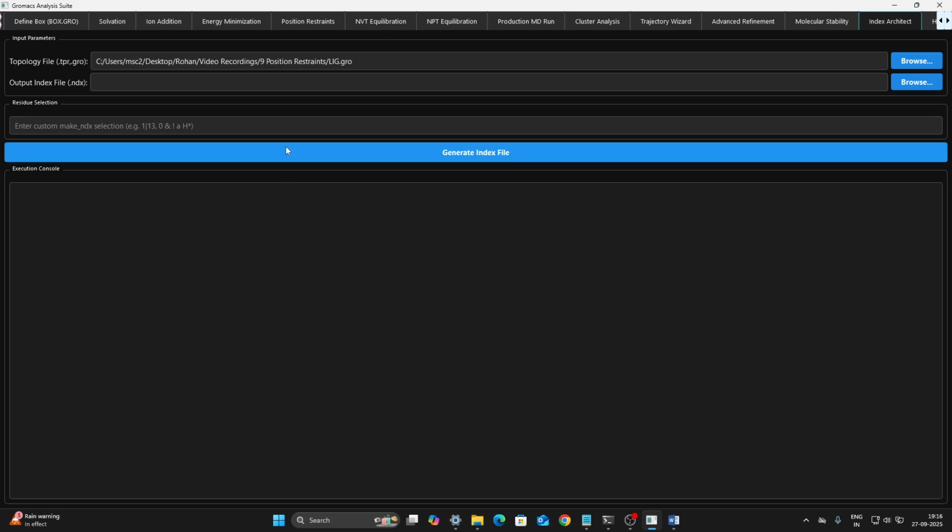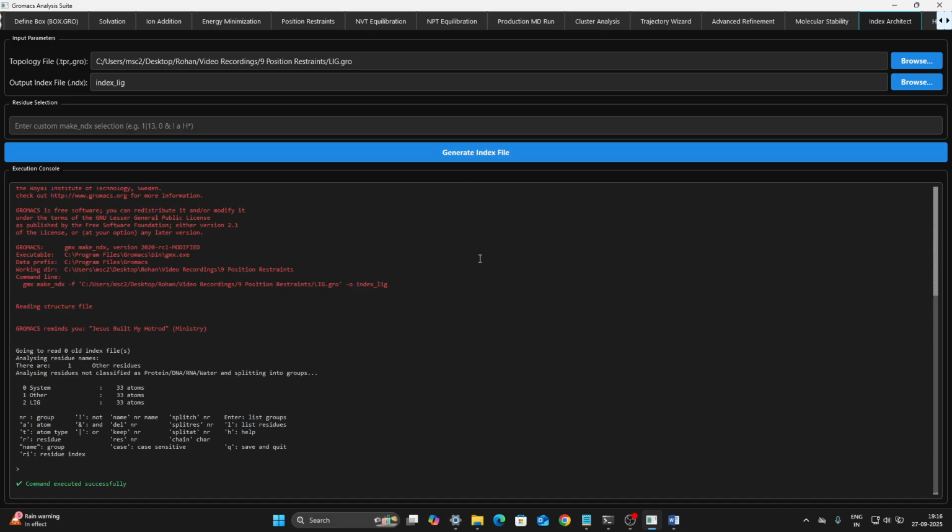Next, we need to specify the name of your output file. Let us simply call it index_lig. Next, all you have to do is to click on this generate index file button. Hitting this button activates the GROMACS make_ndx command, as you can see over here. And when this make_ndx command runs in the background, you will see the process updated in the